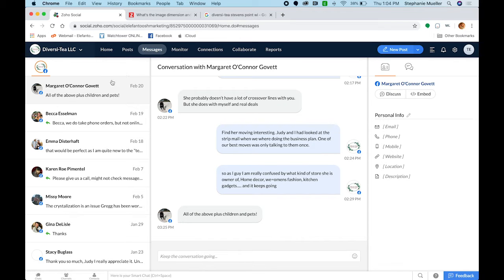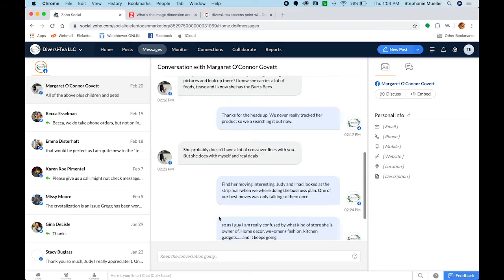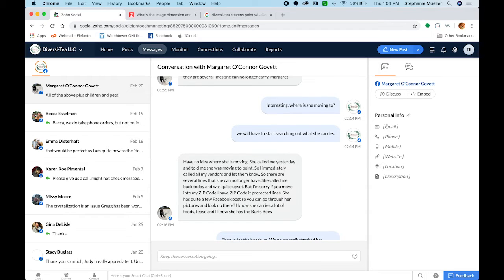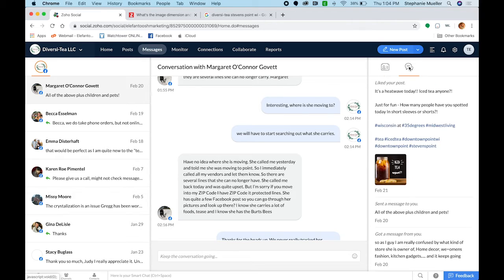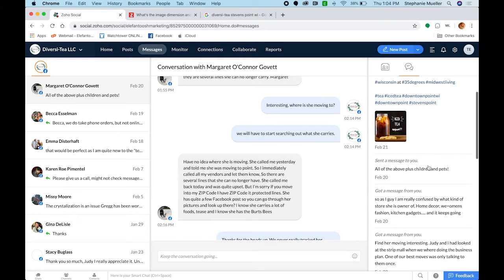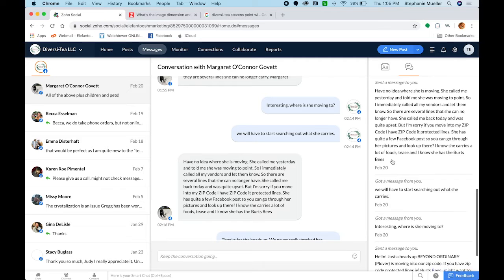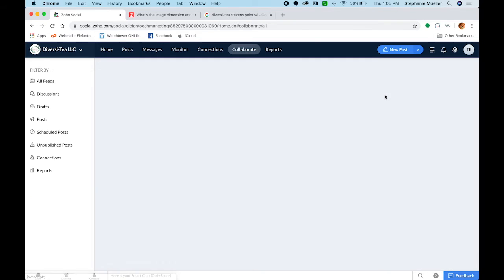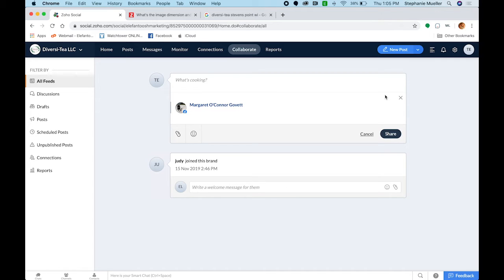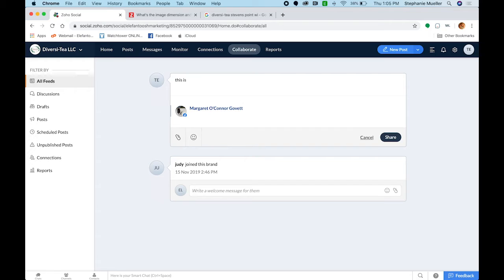Messages over here, this is going to be direct from Facebook. You can actually reply right in here. You can add information to these people, especially if they're a common person that comments. Interaction will show you what, like, she sent a message, she got a message here. You can also discuss, and this is the collaborative part when you have multiple people in your team. So I could specifically comment on this person, like, this client is